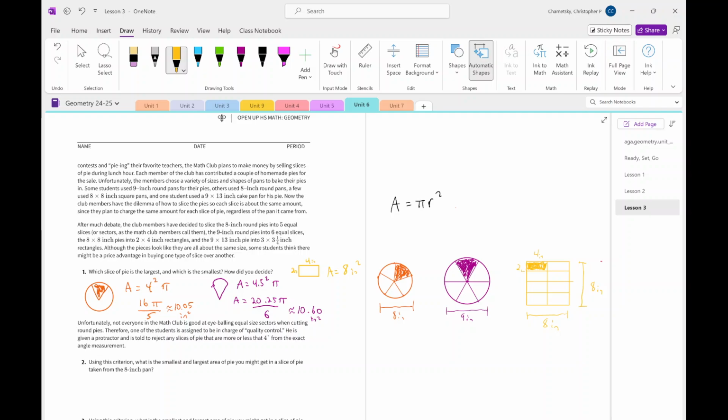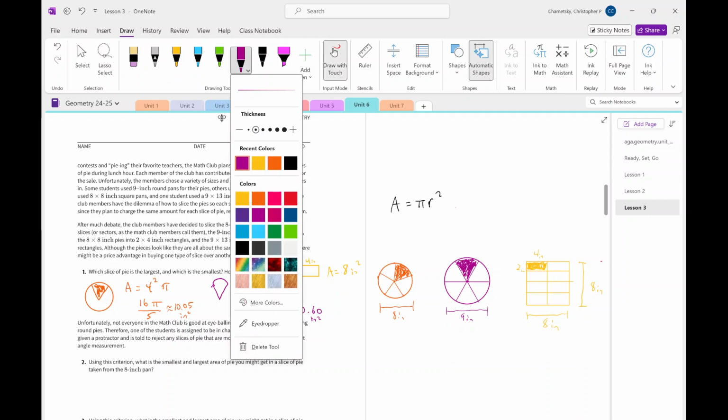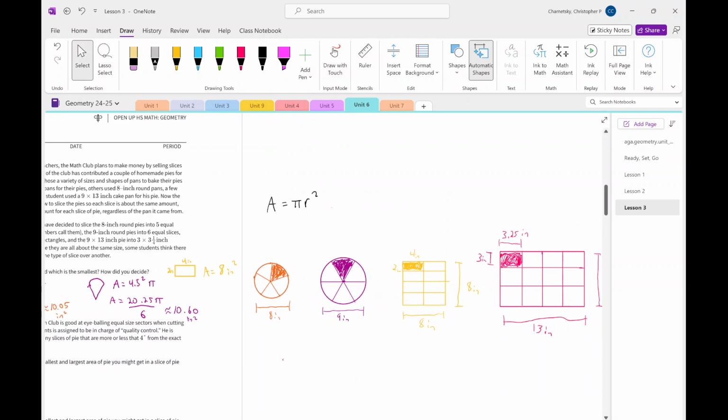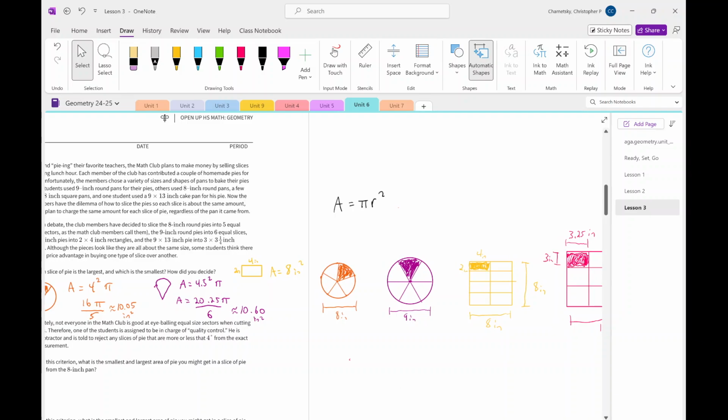And then finally, our last one, the big rectangle, that's a 3 by 3.25 inch. So we'll multiply those to get that area. And we get 9.75